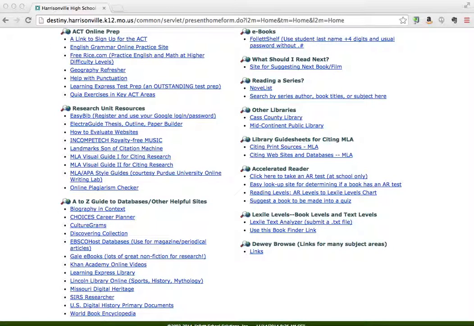This screencast is going to cover how to use Gale's Discovering Collection database. A previous screencast showed you how to actually get to this page where we are now. If you haven't seen that, then you need to go back and watch the database overview screencast. Once you get here, you're going to click the database you want from this list, and we would like to